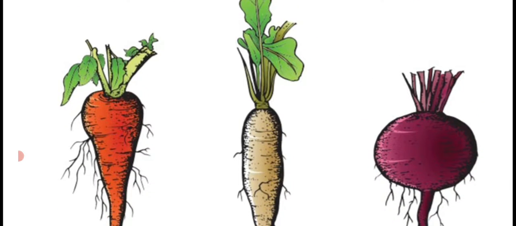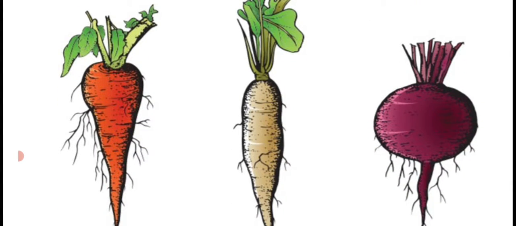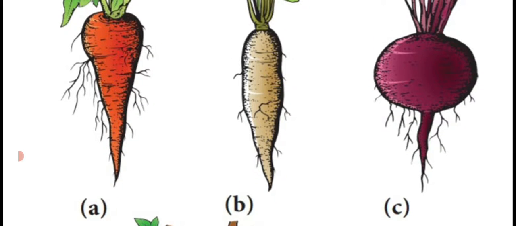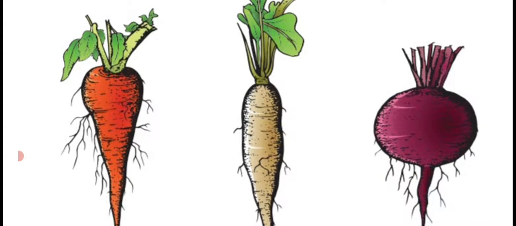See the diagram. First one, conical root. The green color leafy portion is said to be the base, that means the base of a stem. See, at the base of the stem, it is broad. When it grows towards the apex, that means the tip, it gradually tapers, reducing in width gradually. That is said to be conical root. The shape looks like a cone.